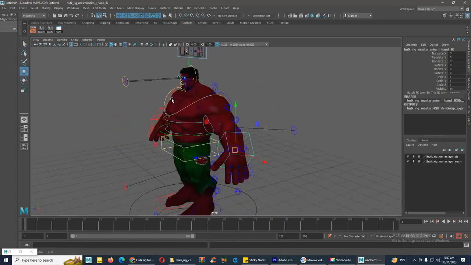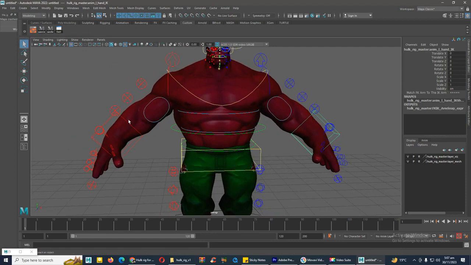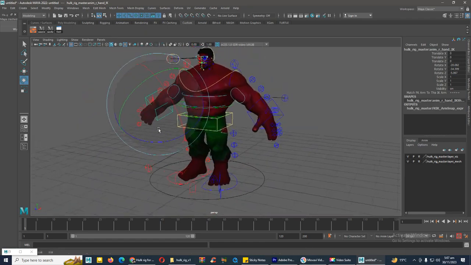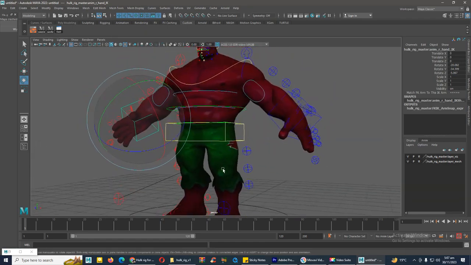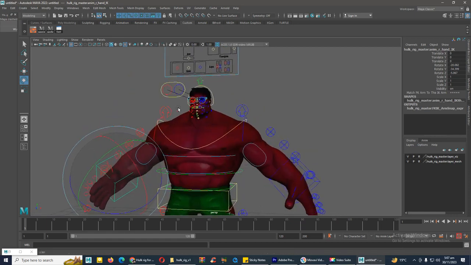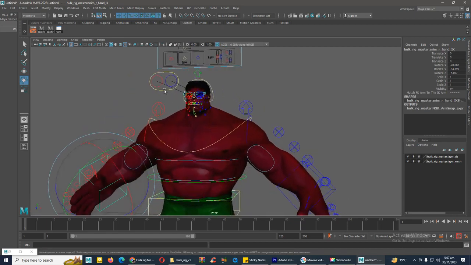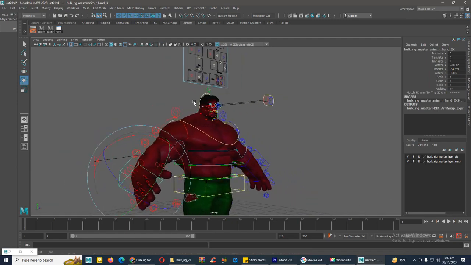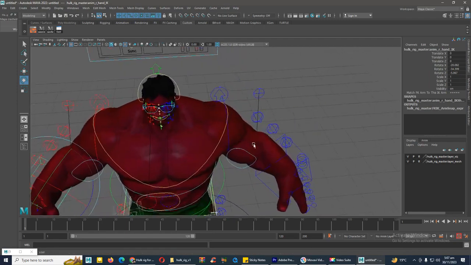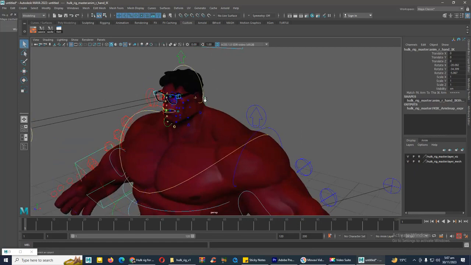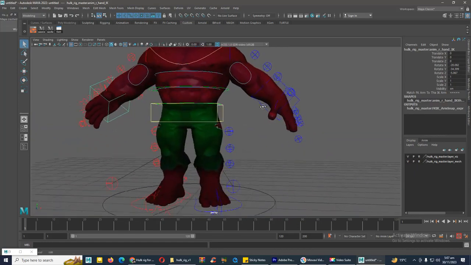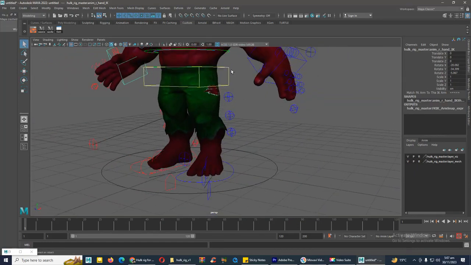Now I'm going to tell you how to make a Hulk pose, a strong Hulk pose, and in the next chapter I'm showing you how to make a Hulk heavy pose. This is very important for you before this is a part of animation, and when you make a strong pose, you will also do a very unbelievable and strong animation. So it is very important. This is a little review about the Hulk